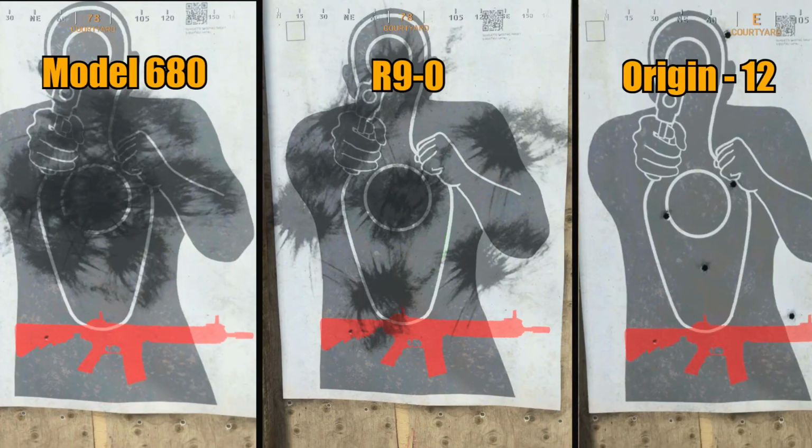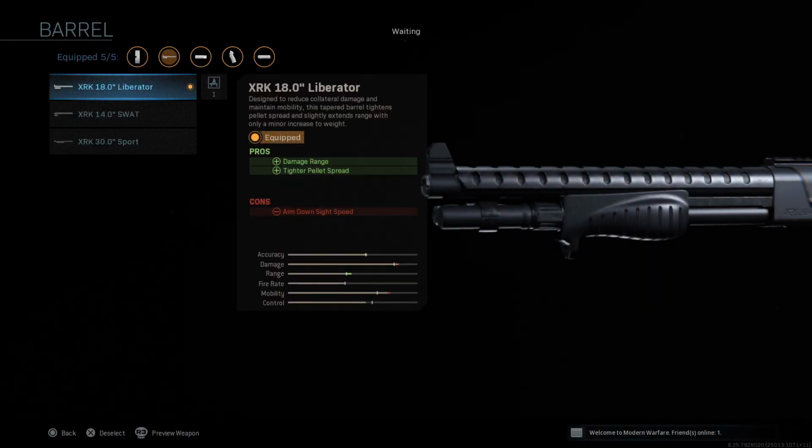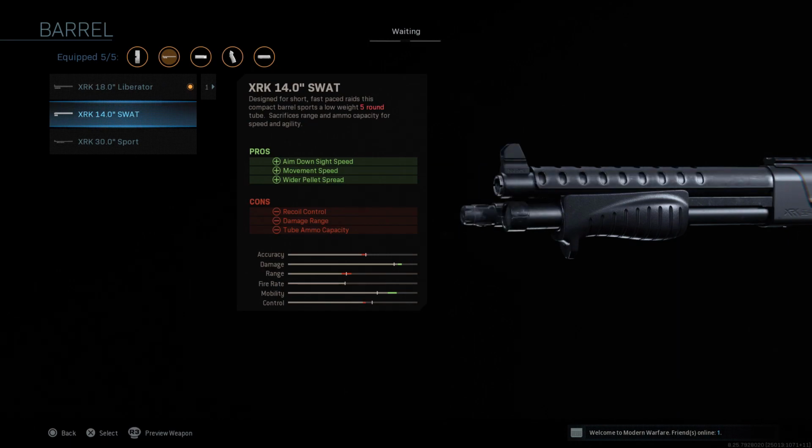firing from the hip. Now after putting the results side by side, you can see that the Model 680 has the smallest amount of spread, which makes it the best for more precise shots. Although I did use the Liberator over the wide shot or swap barrel for this one, since the wide shot barrel increases recoil and reduces damage range and ammo counts, which is not the case for the R9 and Origin